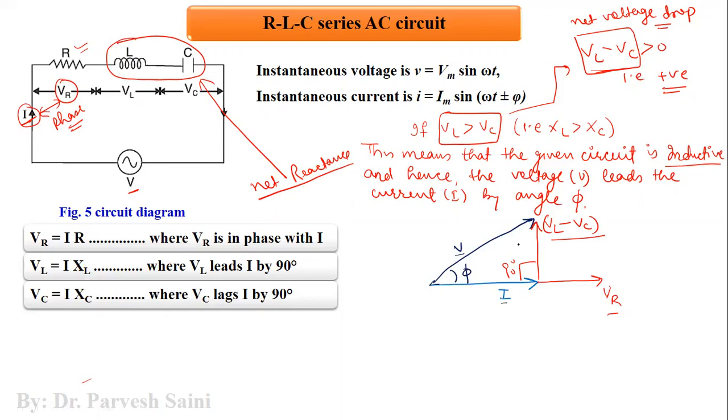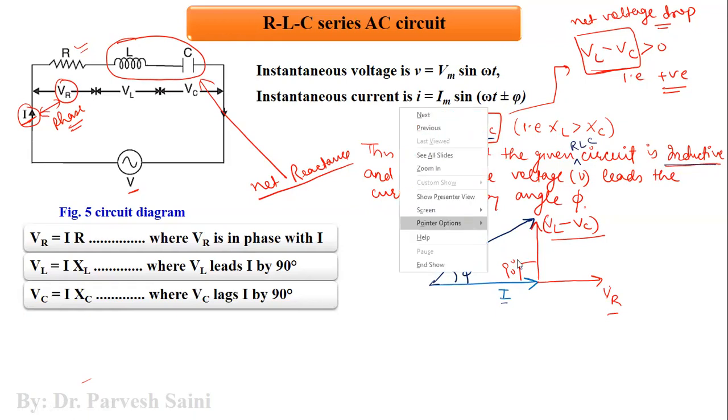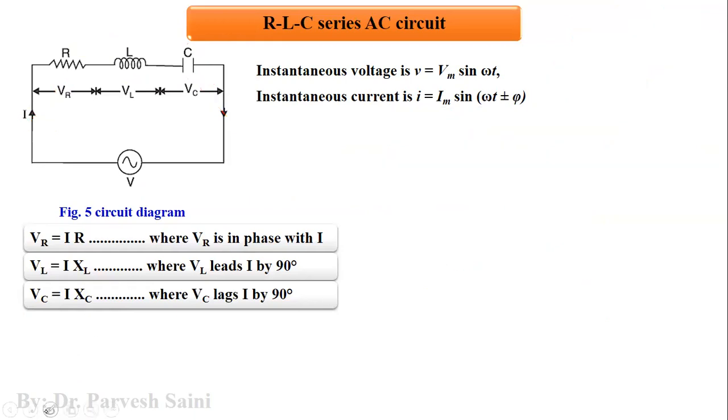So this is the phasor diagram of a circuit in which the voltage across the inductor is greater than the voltage across the capacitor, or we can say the given RLC circuit is inductive in nature. There may be a possibility that the voltage across the capacitor is greater than the voltage across the inductor. So let us take that case also. Now there is a second case: if VL is less than VC, that is XL is less than XC,